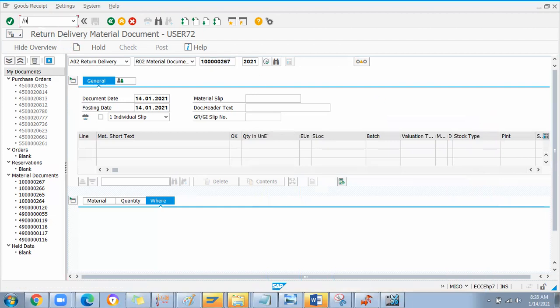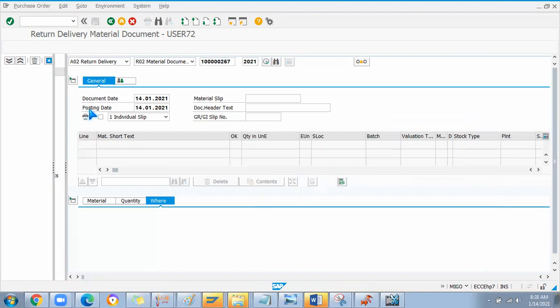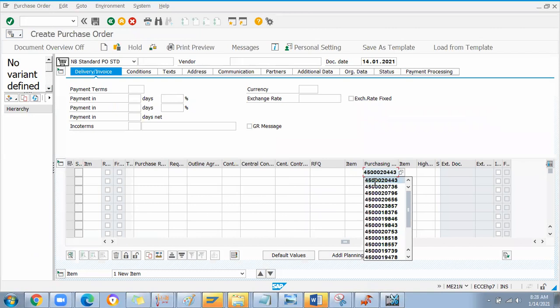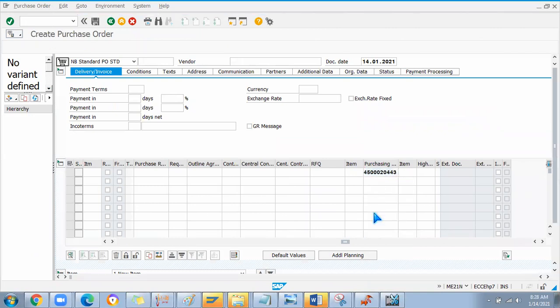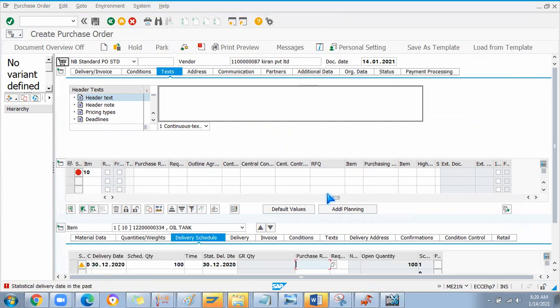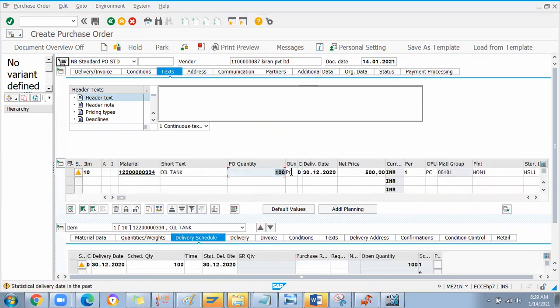Let me try with the PO only, because that is a straightforward case. I will create some PO. I'll remove the contract here. I'll order 10 pieces from the vendor and save it.